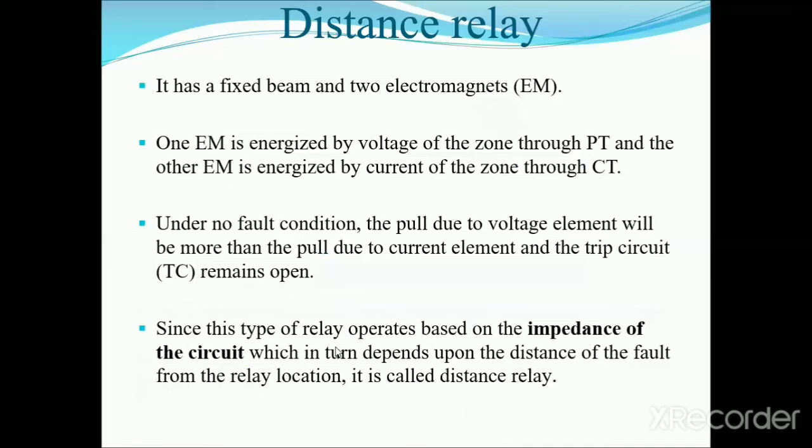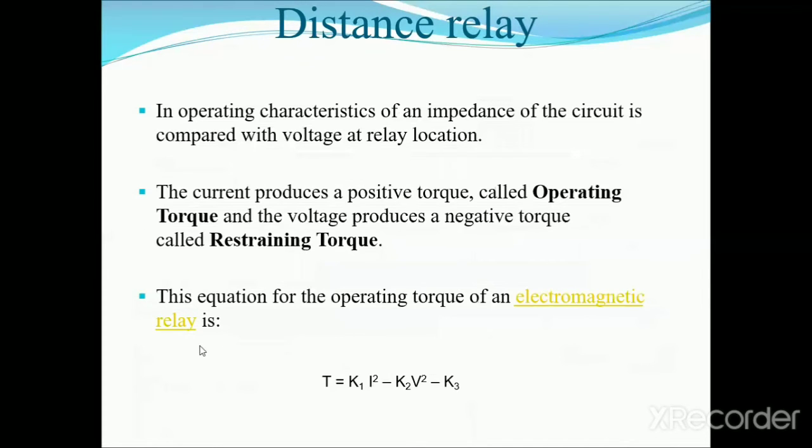Since this type of relay operates based upon the impedance of the circuit, this type of relay is operated based upon the ratio of voltage to the current, which in turn depends upon the distance of the fault from the relay location. It is called the distance relay. In the operating characteristics of an